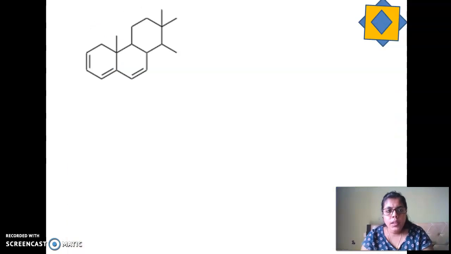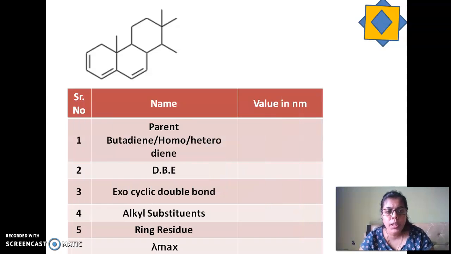Okay, going ahead. This is my new sum. Please visualize it properly because we are going to again go sequentially. What is a parent? Yes, I have both parents coexisting together, homoannular as well as heteroannular. If I say A ring, it's a homo, and A and B together it is hetero. But we have seen in the rules that we have to prefer homo over hetero because it has a higher value. And because it has a higher value, I take that as the parent. And because that is a parent, this becomes my DBE. So this is my double bond in conjugation to my parent.